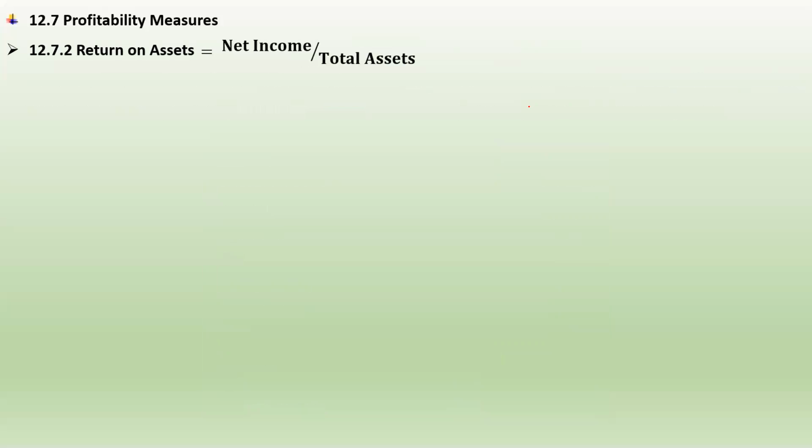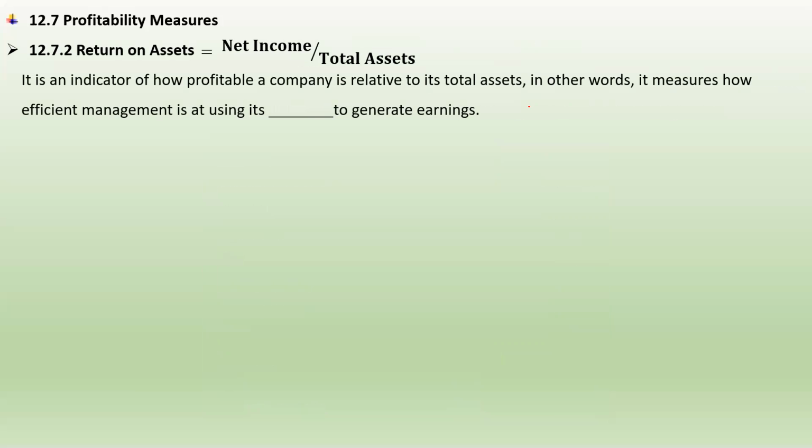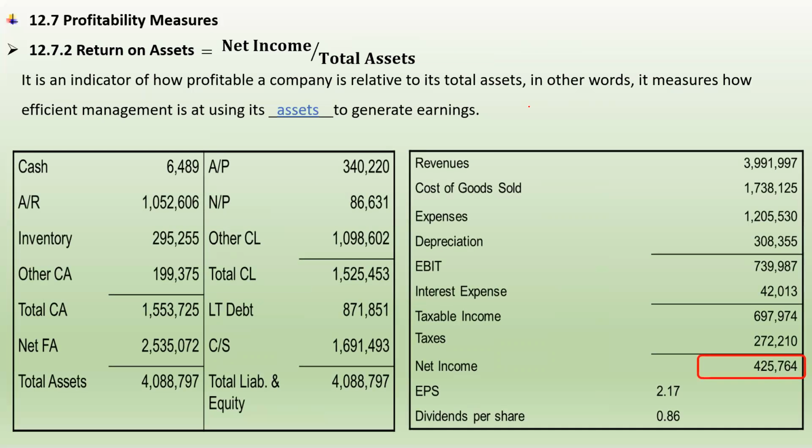Return on assets equals net income divided by total assets. It's an indicator of how profitable a firm is relative to its total assets. It measures, using each dollar of assets, how much net income can be generated. Again, the net income is from the income statement. Total assets is from the balance sheet. And the return on assets is 10.41%, which means each dollar of the firm's assets can generate 10 cents of